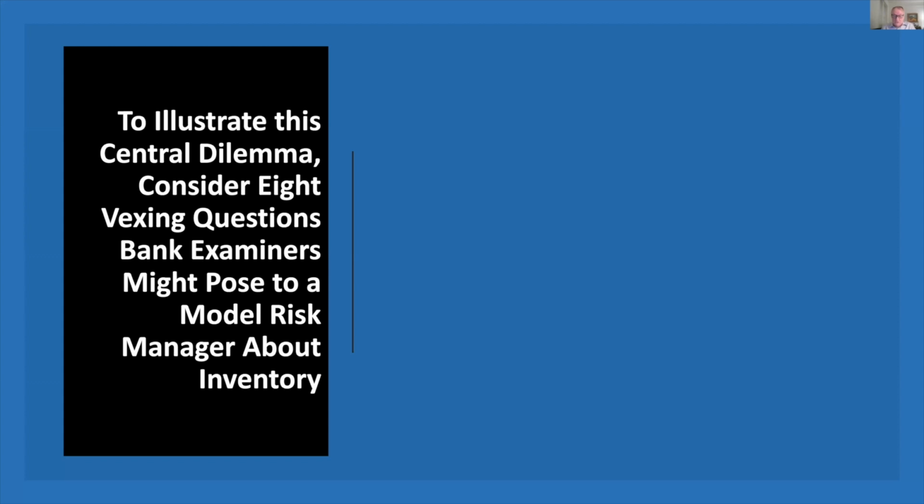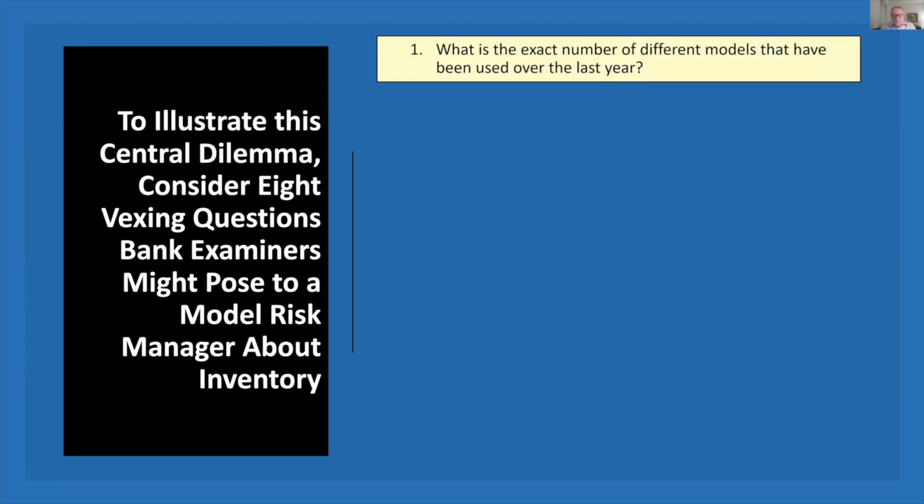And what I noticed when I finished writing down these questions is that none of them had to do with validation, because validation is a pretty mature process. Most firms have been doing this for 10 or 15 years or more, and it's a very well established set of procedures to validate models. But inventory has been more of a blank slate in the way it's been treated at firms. And so here are examples of questions that really troubled me.